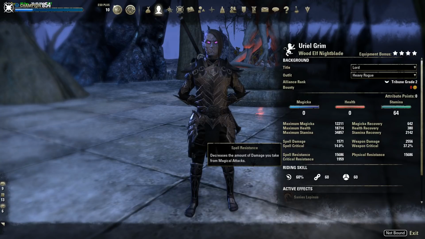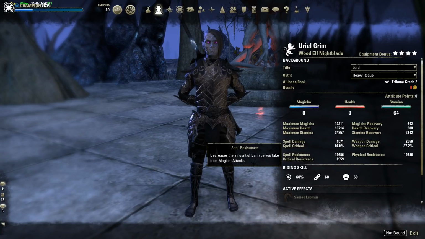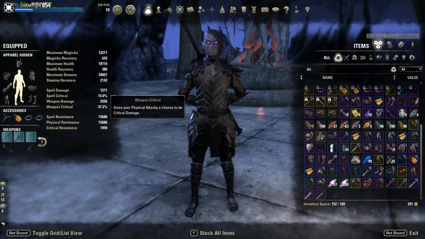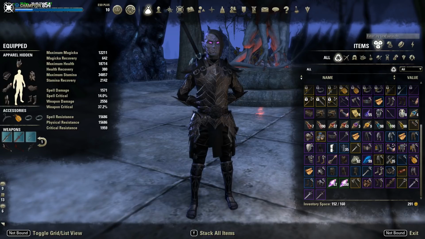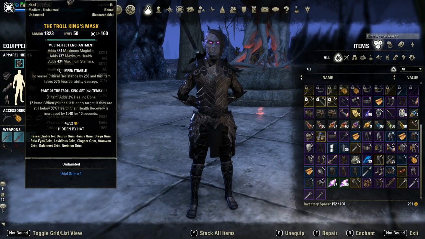So if you're running 5k pen against me, then I have an effective 10,000 spell or physical resist instead of 15,000. Right? So that's pretty simple. How do we get these raw stats? Well, one of the ways is going to be heavy armor. I run at least 2 pieces of heavy armor in almost all of my builds. And the reason why I like running 2-piece heavy is because it gives you